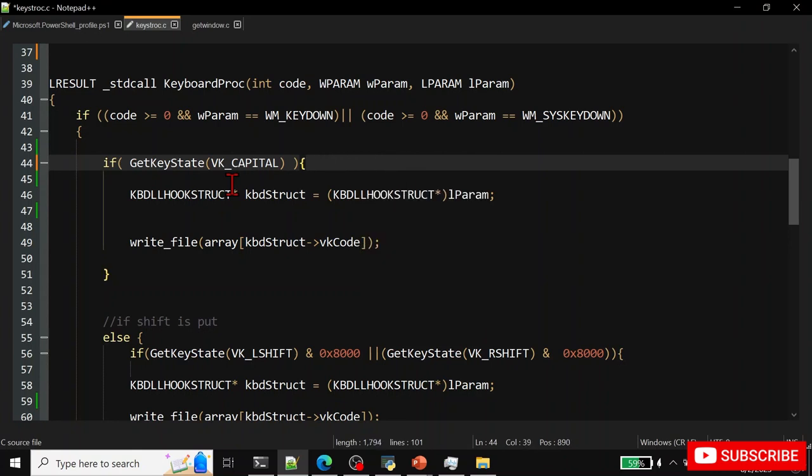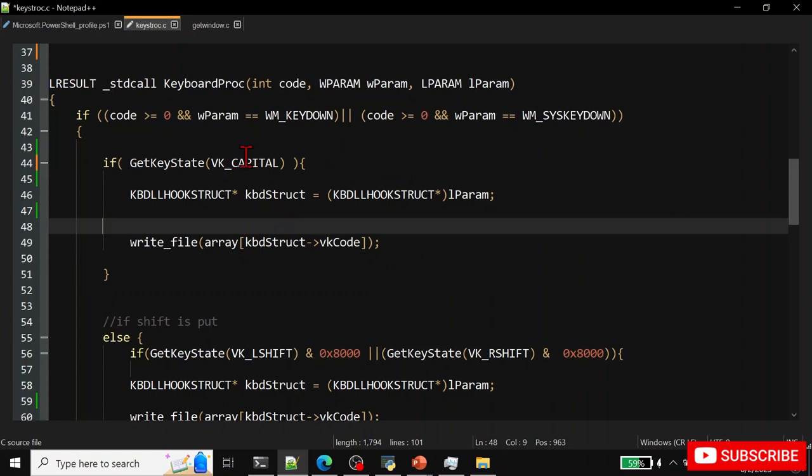Okay. So we're gonna type GetKeyState, which is a function which will be true if this key is up. VK_CAPITAL is the Windows constant for caps lock, and you don't need to memorize the Windows constants. You're just gonna type it on Google, and you will see every constant for every key. Okay. So if this is true, we will create a structure from this type, KBDLLHOOKSTRUCT,